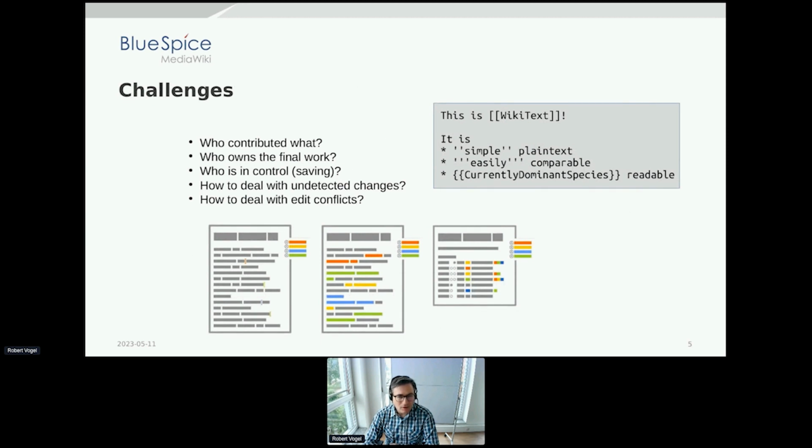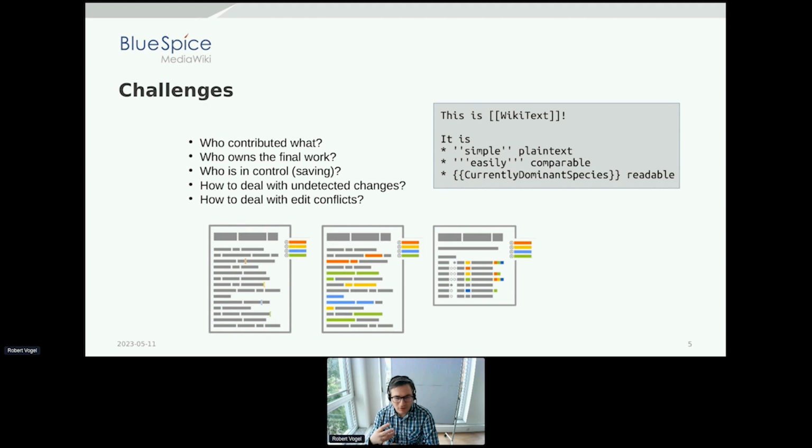When working on the wiki, there are some important things to be considered. One thing is every edit that you do in the wiki is always associated with a timestamp. That's obvious, the time when the save button was hit, and with a user, obviously the person that clicked the save button. But that's a problem when you use collaborative editing, real-time collaborative editing,